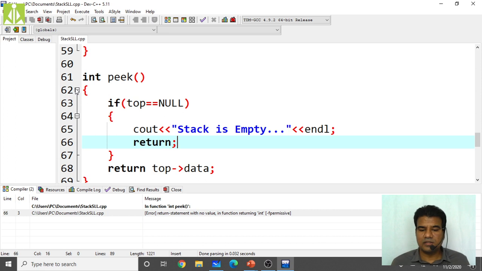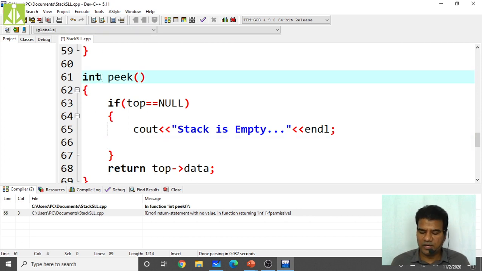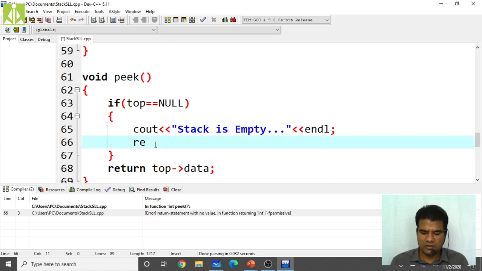So here inside the code, because of the return type of this peek function, if you are printing the value from the peek function, then no need of that return type. Or else we do like this, we'll make this void only and we'll print the value from here only.